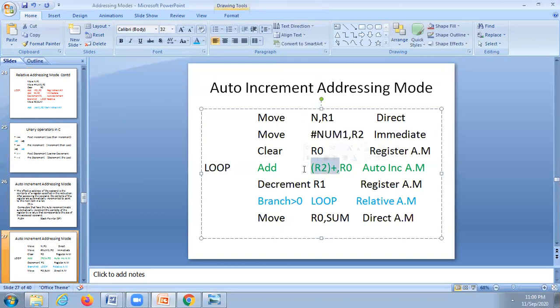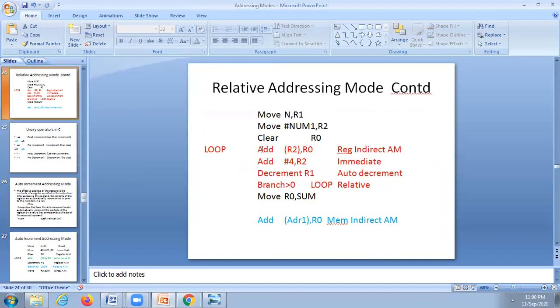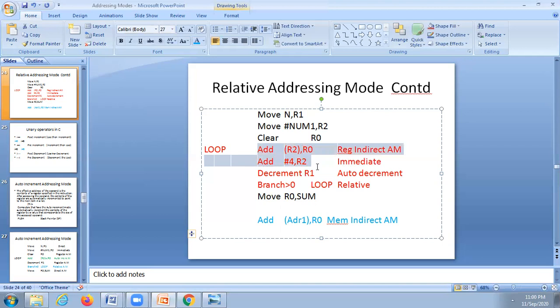Here we are using two addressing modes. One is the auto incrementing addressing mode, and we are using indirect also. This is the auto increment addressing mode, R2 plus. Instead of these two instructions, if we simply put the plus here, one instruction is sufficient for the same functionality.